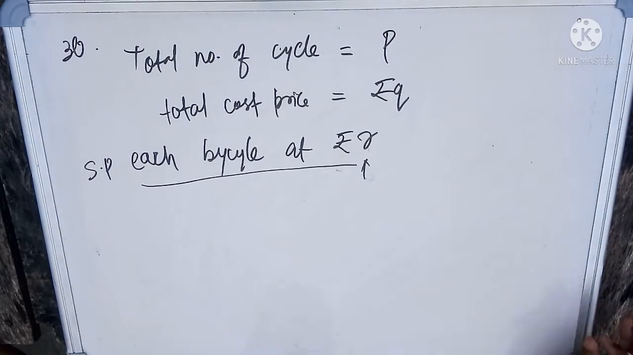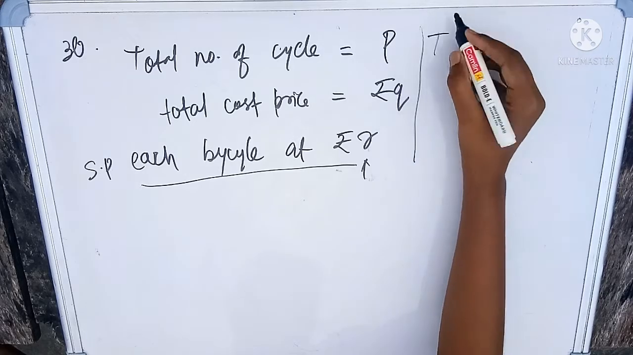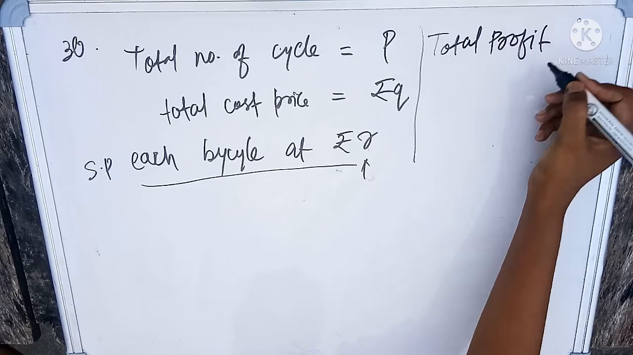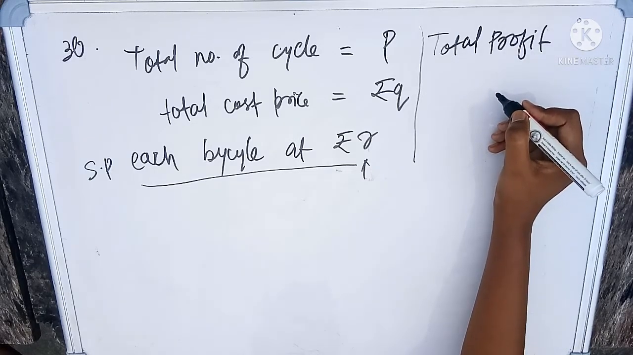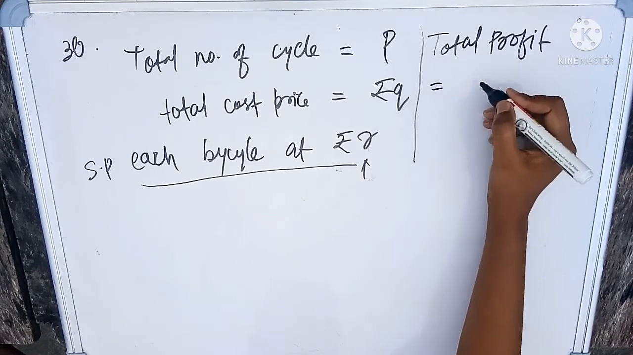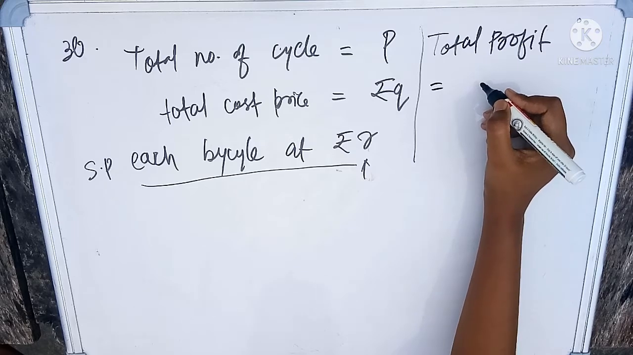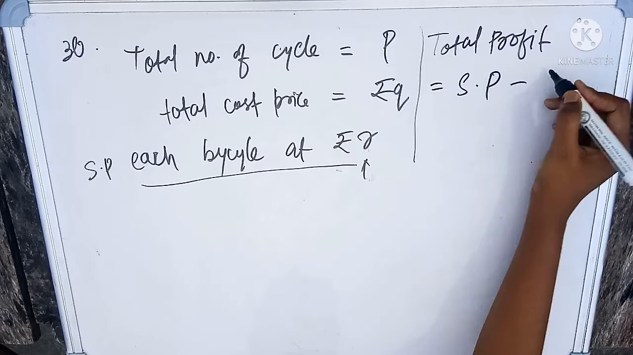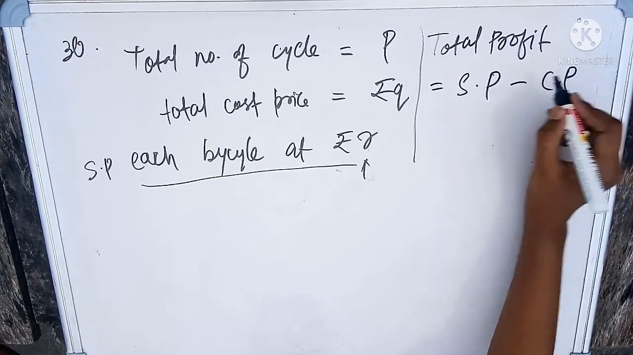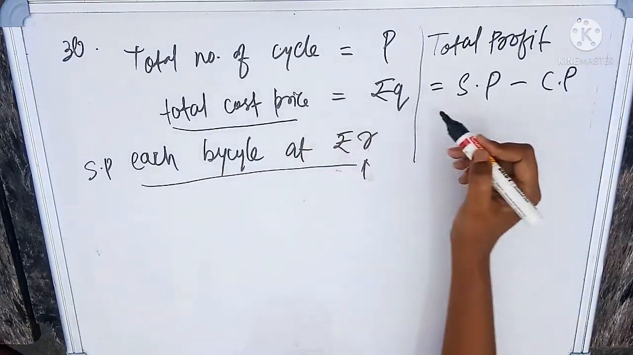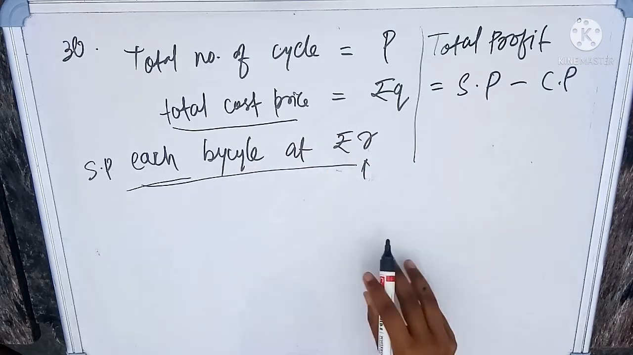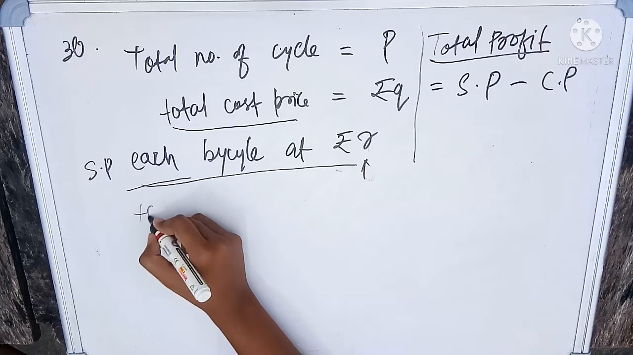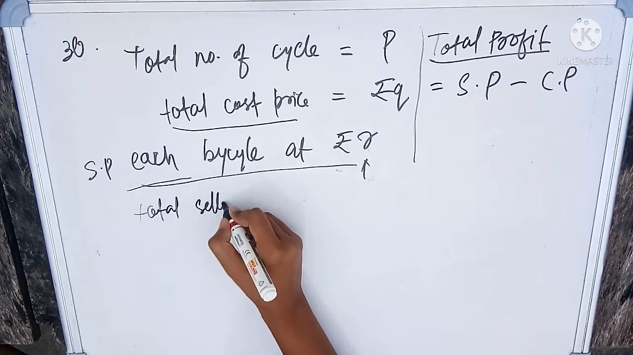Now the question says that we have to find the total profit of the man. So you know that the total profit can be calculated if you find the total selling price and the cost price. So we have to subtract the cost price from the selling price to find the profit. So here we know the total cost price, but we don't know the total selling price. So to find the total profit, we will first find the total selling price,